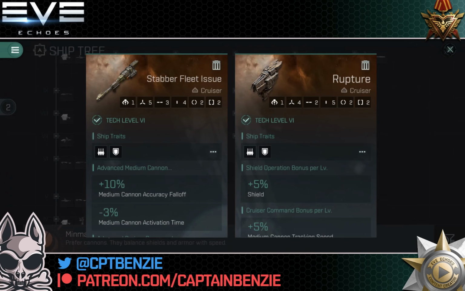On the left, the Stabber Fleet Issue with 5 high slots has higher firepower than the Rupture only having 4. It gets more mid slots, 3 of them compared to the Rupture only having 2, but the Stabber Fleet Issue only has 4 low slots, whereas the Rupture has 5. This means that the Rupture is going to be a more tanky vessel, because you're going to be able to